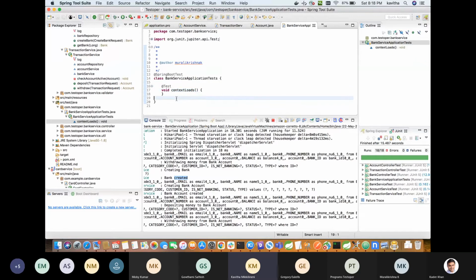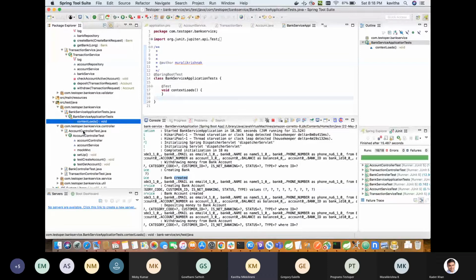So there are many ways to do unit testing. One is writing test classes for each class, and sometimes we do functional testing from the UI or from Postman or however we do. But this one will help in testing each and every method for its inputs and outputs, whether the minute level details are being captured. So for every class, ideally there has to be a test class. So what happens is, for the account controller, we have an account controller test.